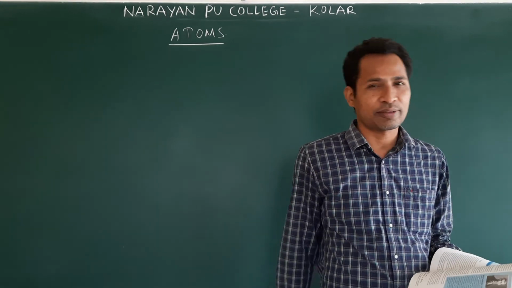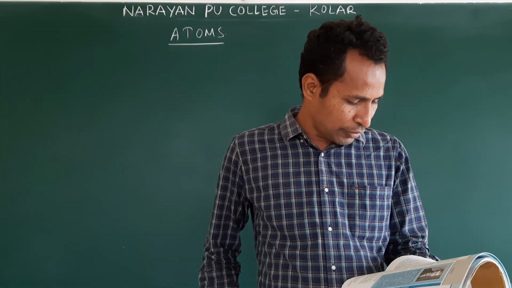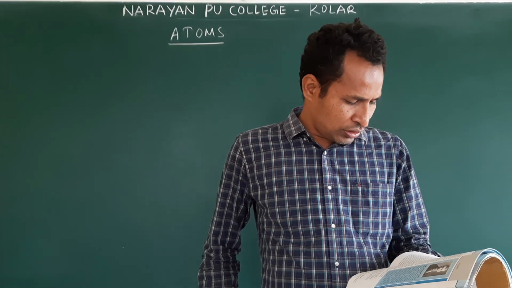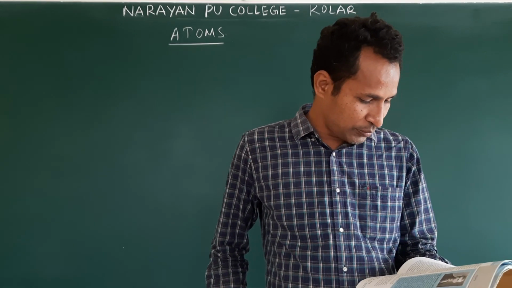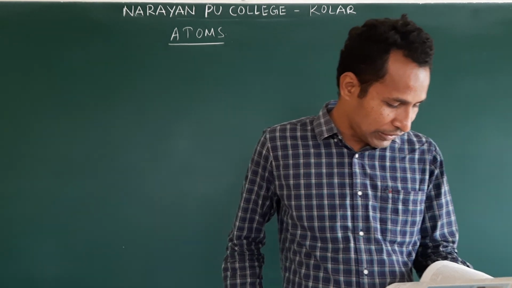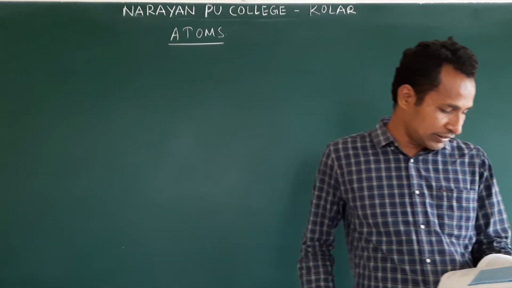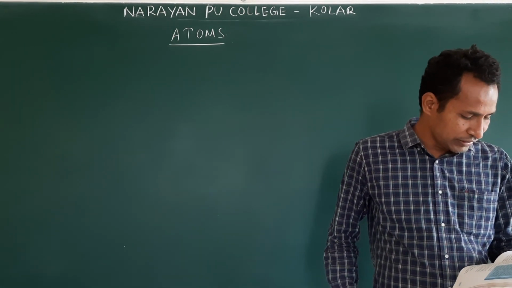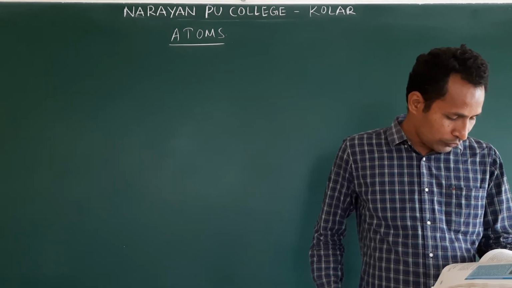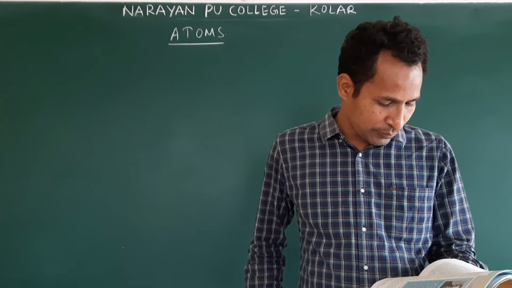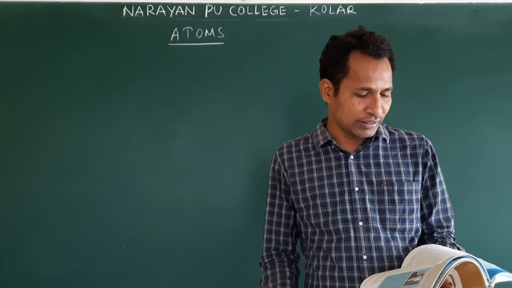Already we studied the watermelon model. Clear? Or this we call the plum pudding model. So what did J.J. Thomson say? The positive charge of the atom is uniformly distributed throughout the volume of the atom, and negatively charged electrons are embedded in it like seeds in a watermelon. The distribution of electrons and positive charges is very different from what was proposed in this model. This was the first model actually.